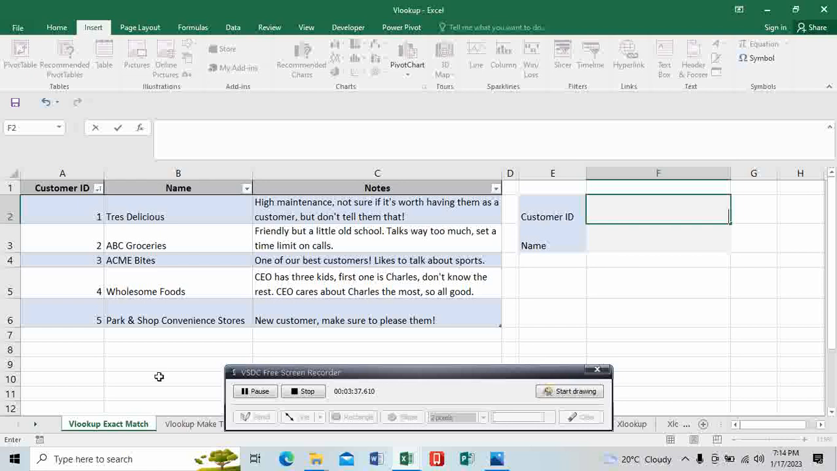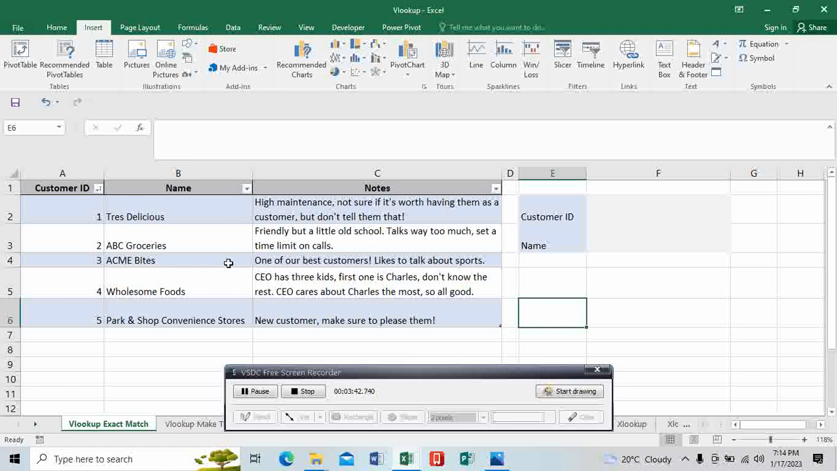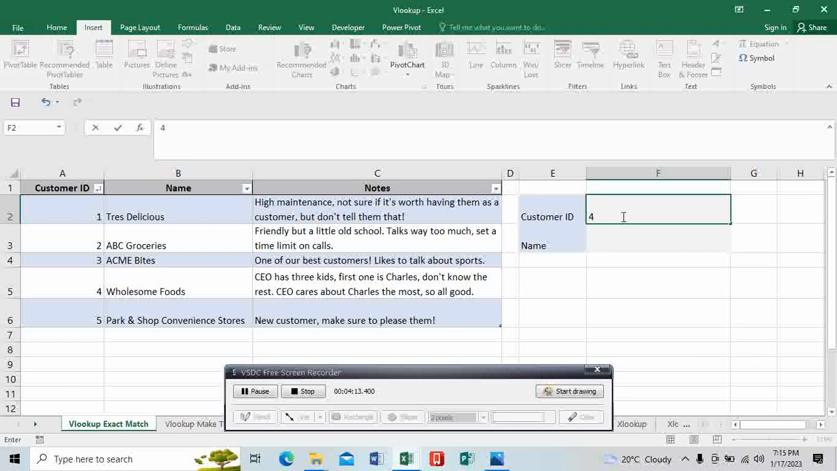So as you can see here, I have this table. It has the customer ID, the name, and the notes here. Since I have this table of information, there are 5 customers there. As you can see, the names and some notes about the customers. So in this box here, this is where I want to type the customer ID. For example, I want to search the name of the customer ID number 4, because VLOOKUP is good when you